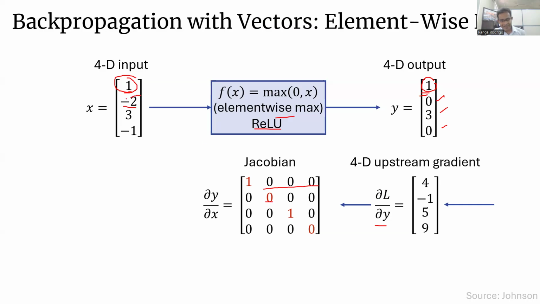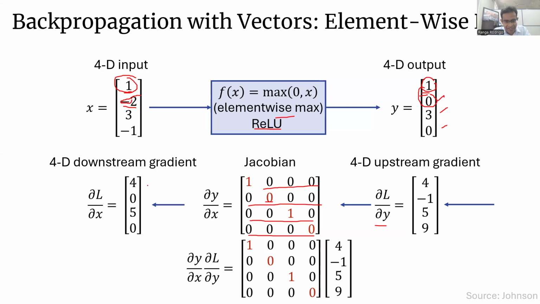If you take the second element, it does not affect any one of those because it's a negative element. So all these are 0. The third element is a positive element, 1. The last element is a negative element, nothing. So now you can see this Jacobian is sparse. That means almost all the values are 0, only a couple of values are 1s. So therefore, doing this Jacobian vector multiplication is a stupid thing to do. You don't have to do that many multiplications. If you multiply, you can get the gradient, but the matrix multiplication